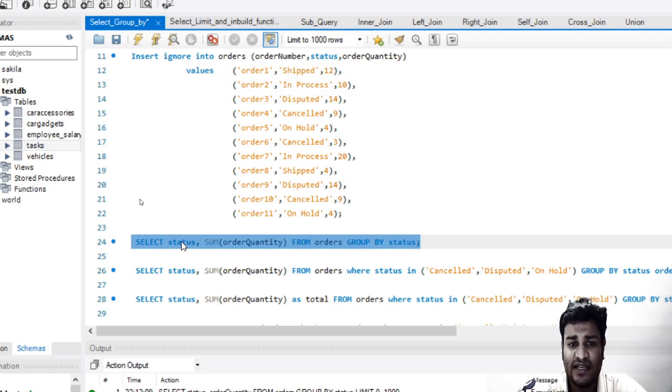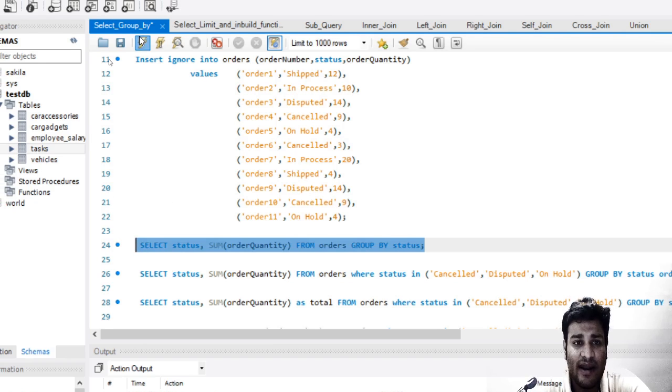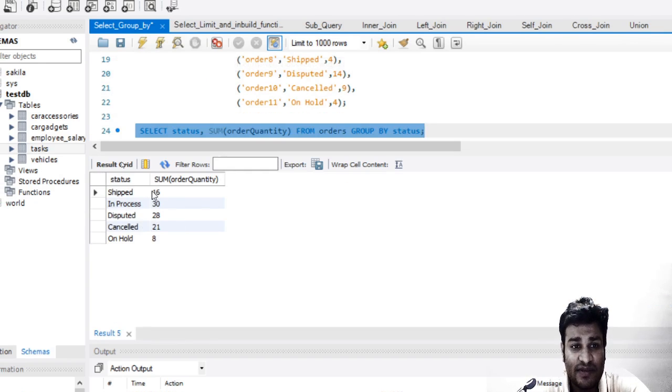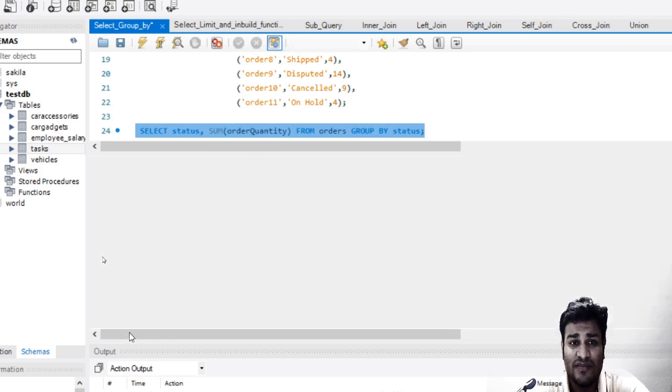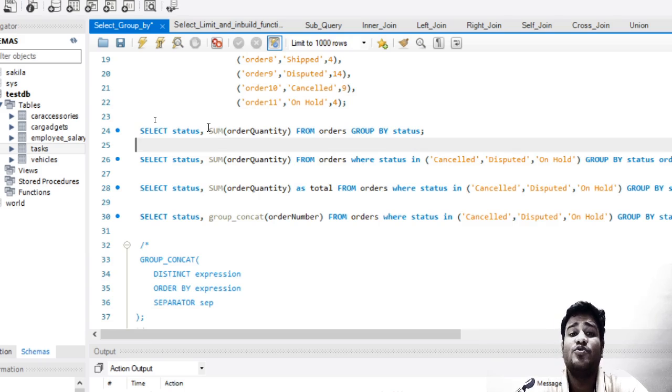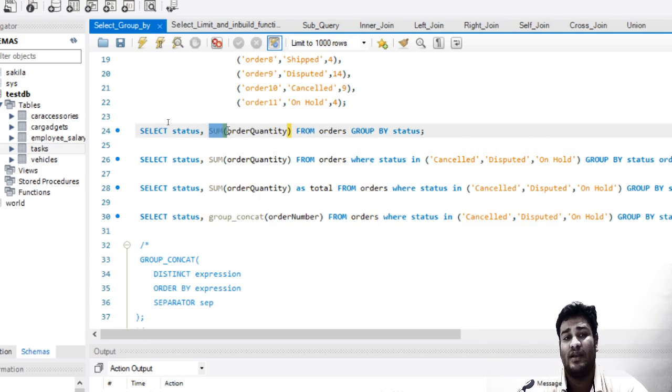Group it by status, and for every group please sum the order quantity. Now when I run it, it shows shipped 16, in progress 30, disputed 28, and it sums it up. We always use aggregate functions with GROUP BY, otherwise it does not have any practical usage.